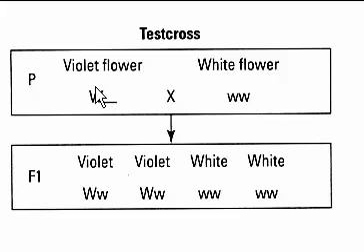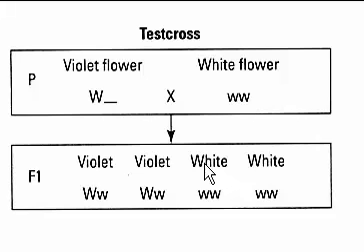If this individual is homozygous dominant, then all I would see in the F1 would be violet flowers, because the only type of gamete this individual would produce if the individual was homozygous dominant would be dominant allele gametes. This one can only produce recessive allele gametes. Therefore, if I saw lots of progeny that were all violet, then my inference would be that the flower must have been homozygous dominant. If, however, I see one, and that's all it takes, if I was to see one